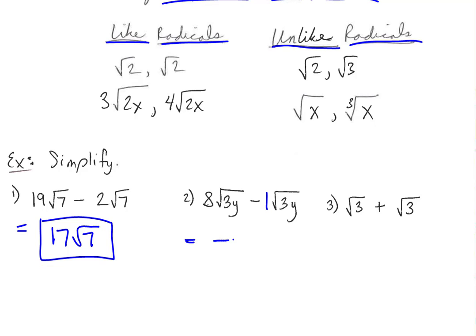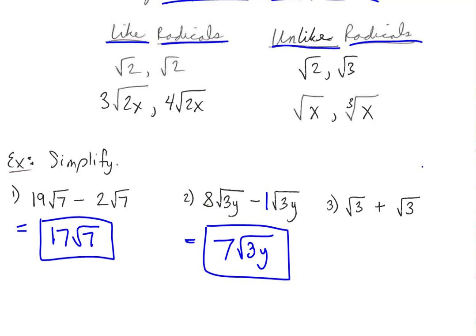8 minus 1 is 7, so we say 7, and then we bring the square root that is like along for the ride, so 7 square root of 3y would be our final result there. And then thirdly, when you see a square root of 3 plus the square root of 3, this is an